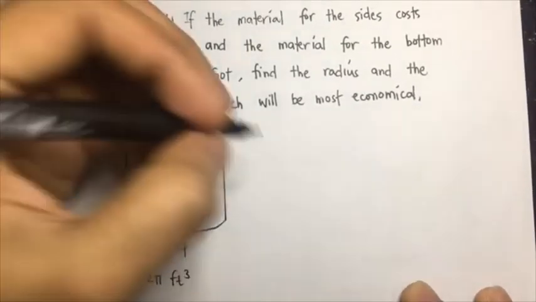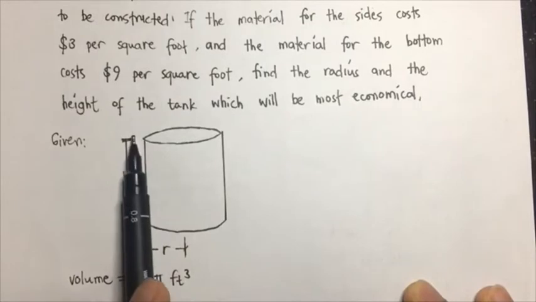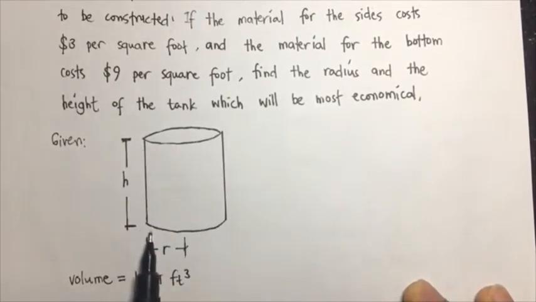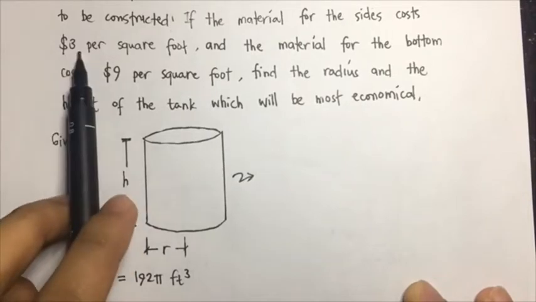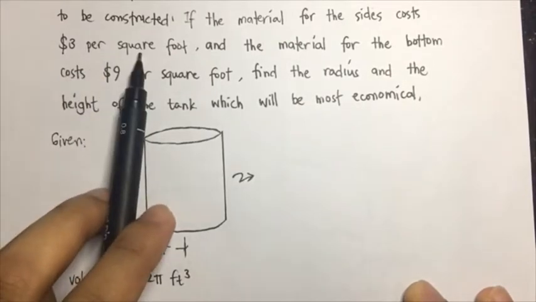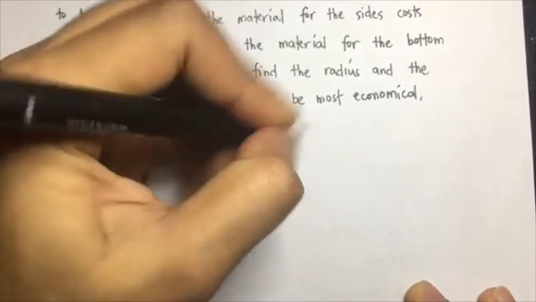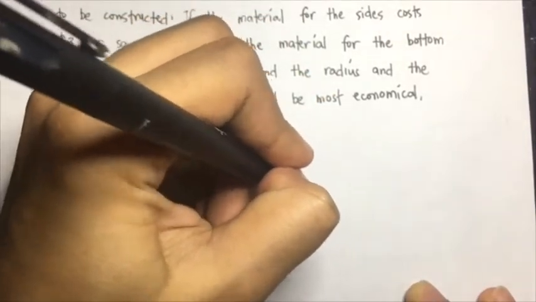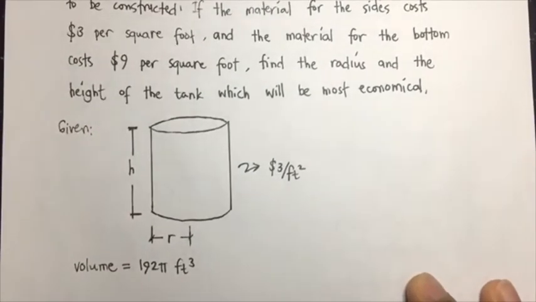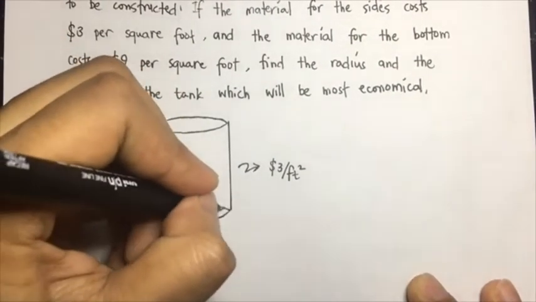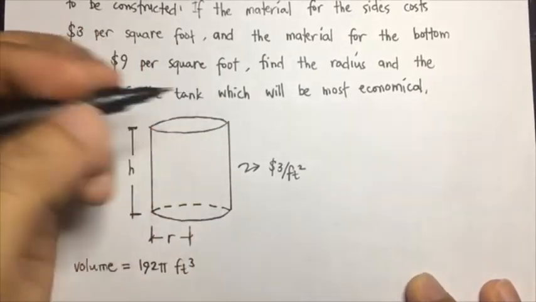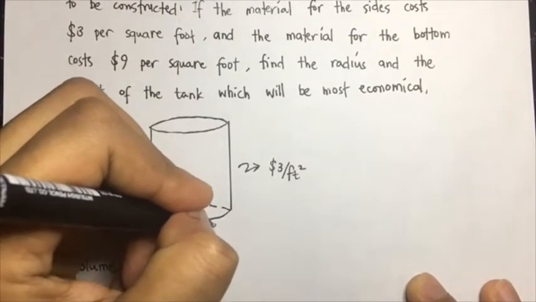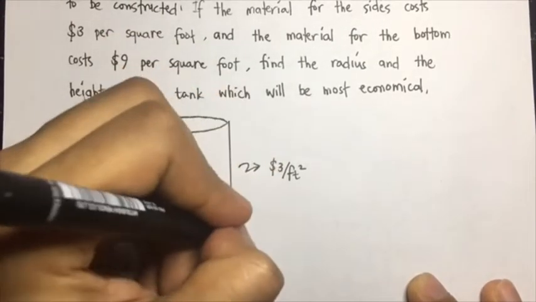So for the sides, the lateral surface, so this whole surface, its cost is $3 per square foot. Okay, and at the bottom, the bottom material, so let's have a projection line there. The bottom, so it costs $9 per